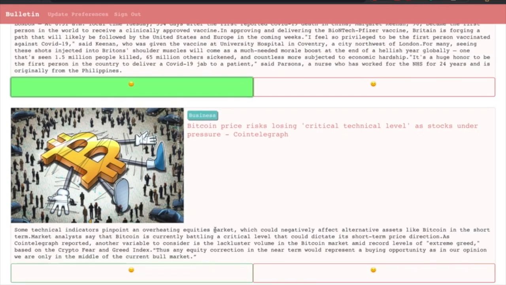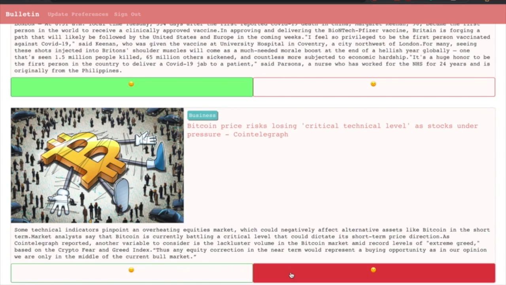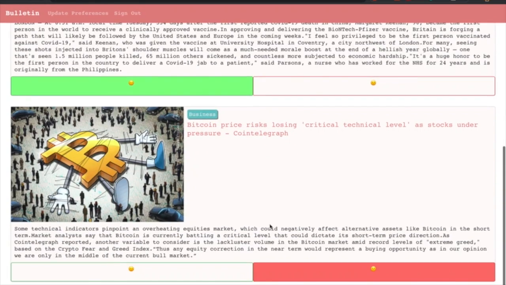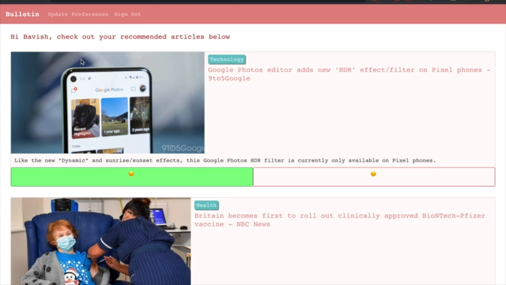This Bitcoin stuff is annoying. I've been hearing about it for 2 years now. All it means is that I'm losing more money by not investing in Bitcoin. I'm getting sick of reading this stuff. Definitely gonna dislike this article. Sorry, Bulletin, but did not like this one. But thank you for taking my feedback.